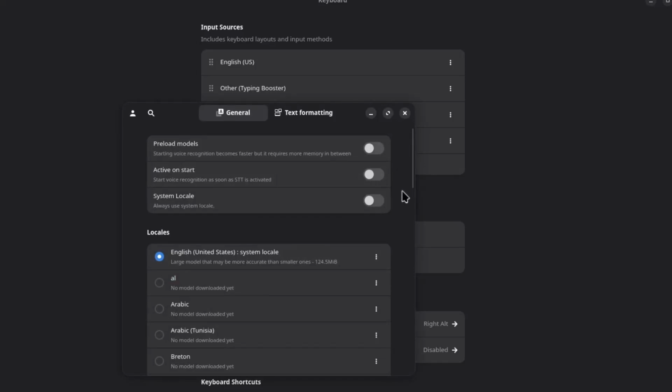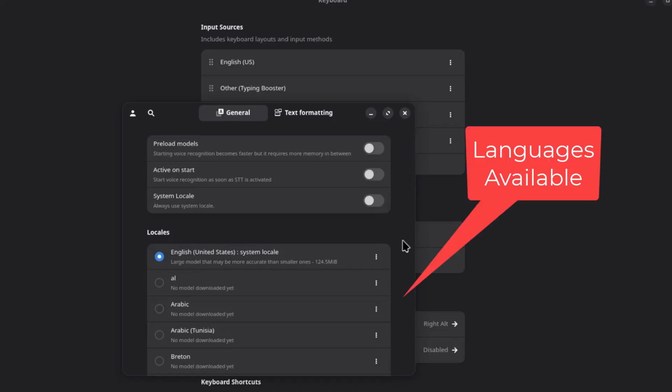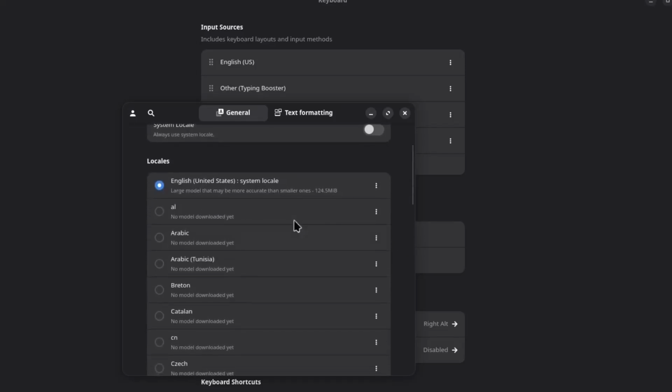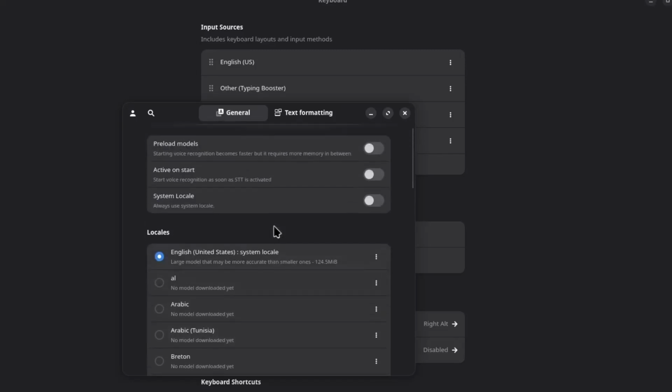And these are the preferences. Now what options are you getting here? This should be off, preload models. Now some language models it is using to actually detect your speech. Whatever you talk, a text will be generated using some preloaded language models. And here I'm just clicking here. This is the default English United States locale, because I'm currently using the English language,